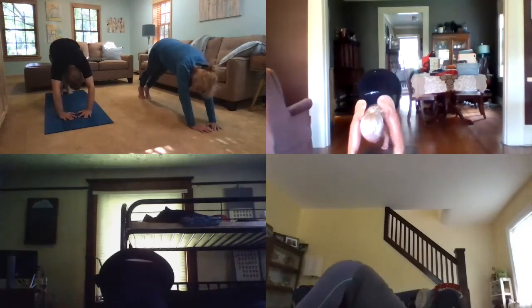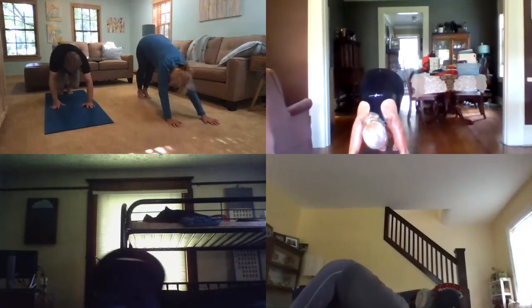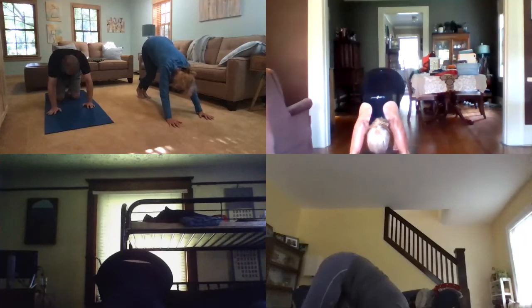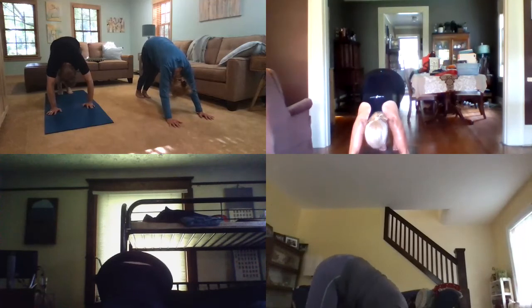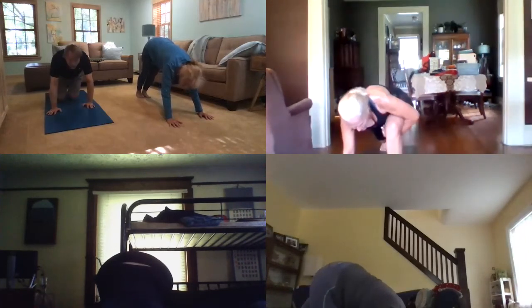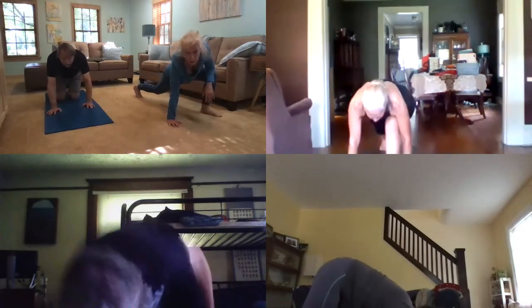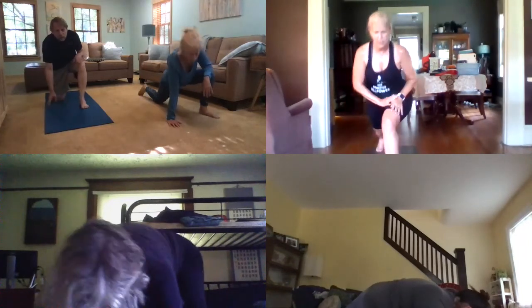Walk your hands out to shoulder width. Bend one knee at a time. Woo! Oh my heavens. Deep breaths. Now as we take our gaze out toward the hands, we're going to take that left foot forward. I'm going to give mine an assist. So with my hands on either side of that left foot, now I can walk up onto that thigh,